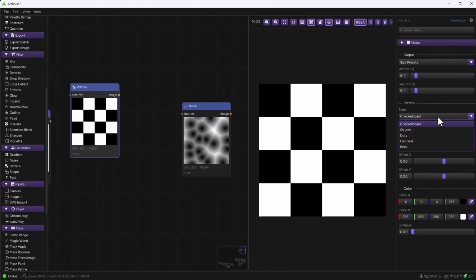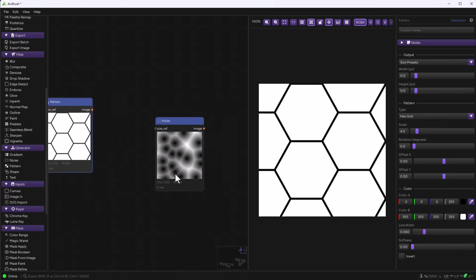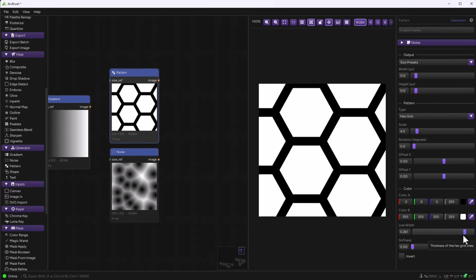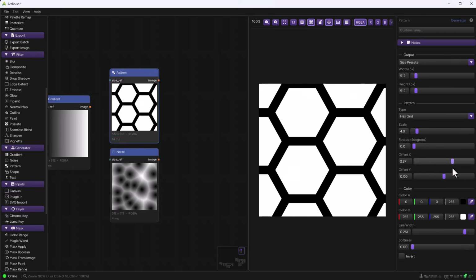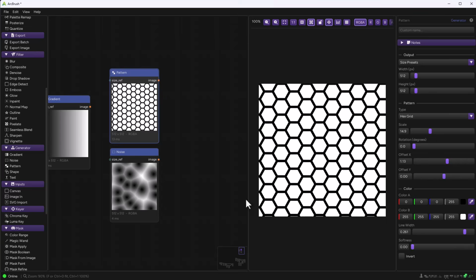We can also do the same thing here. In this case, we do have the checker. We can change this to stripes. We can change this to dots. We can also change this to grid and make cool stuff out of this. Of course, if you're thinking about making changes to their shapes, even controlling how much they offset left and right, how much they scale in and out, you do have access to all of these. And you can use them in terms of creating your very own texture, which you can use across various DCC